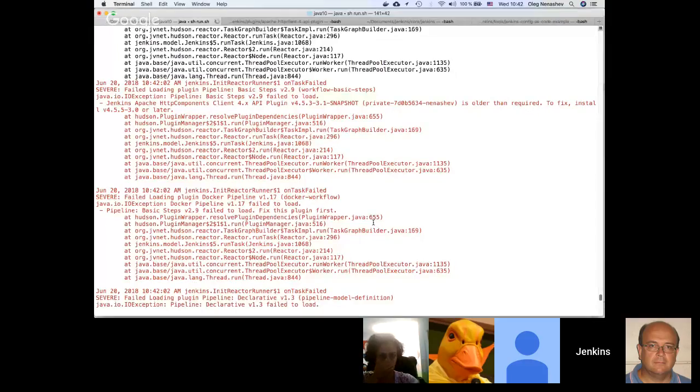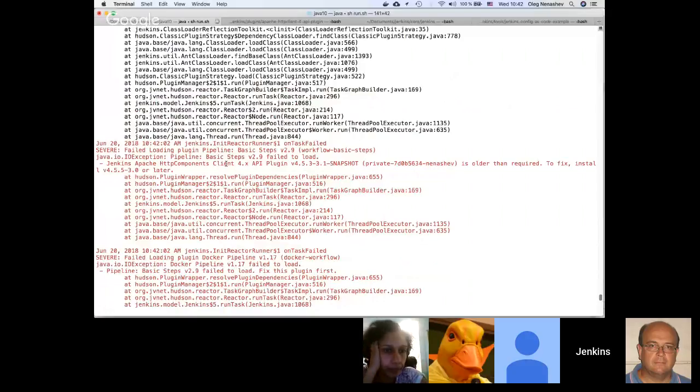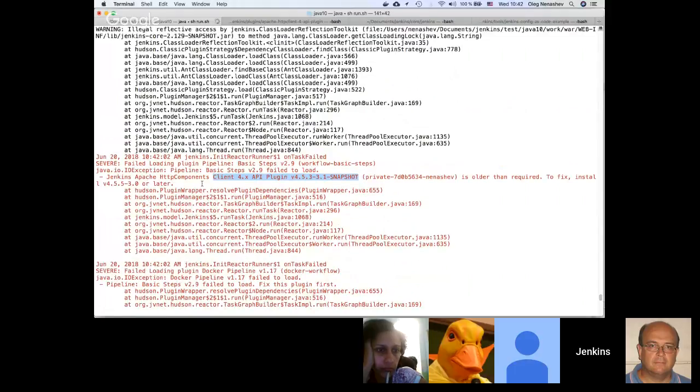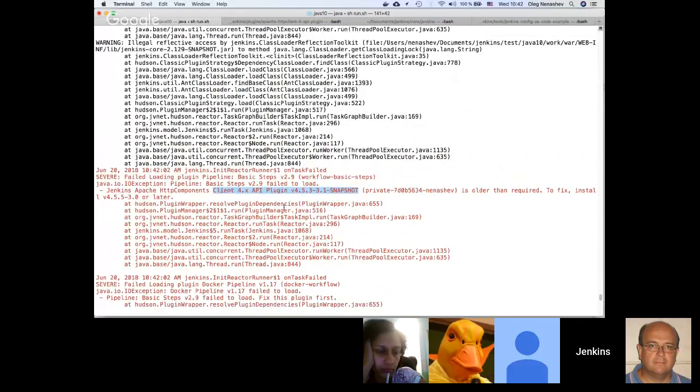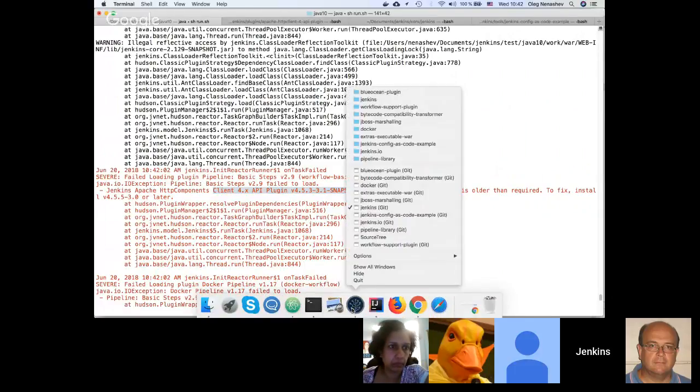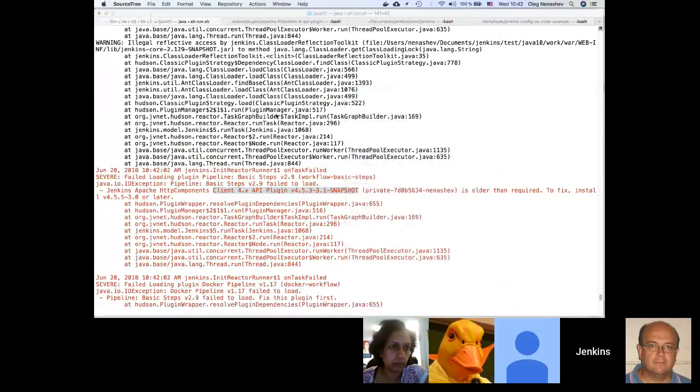What we've got here, you may see that I deployed a snapshot which is actually older than the version you need for dependencies. So some plugins refused to start up. Actually, it's one of the takeaways if you want to test that. If you build something or test something, it's better to use the latest versions now. So in my case, I have the Apache HTTP client plugin.